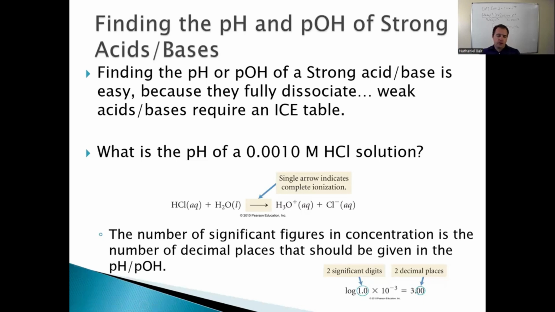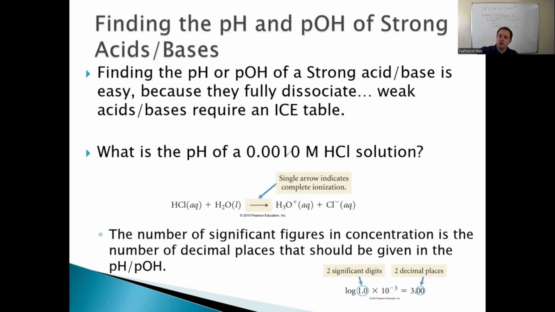So now I want to talk about getting the pH of strong acids and strong bases. And you guys are going to love this, because strong acids and strong bases are so easy to get the pH of because they fully dissociate. And since they fully dissociate, you know the H plus or OH minus ion concentrations. For example,